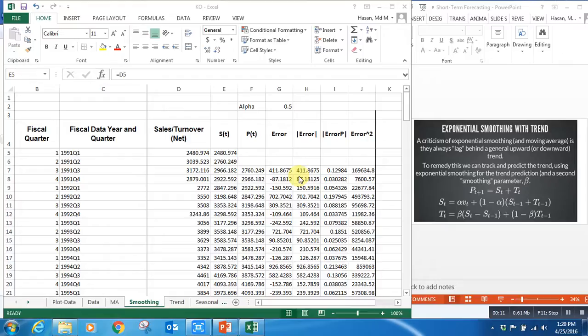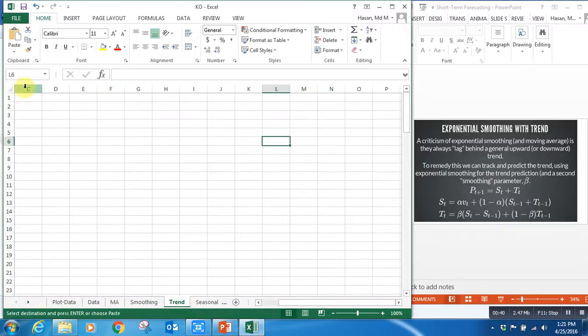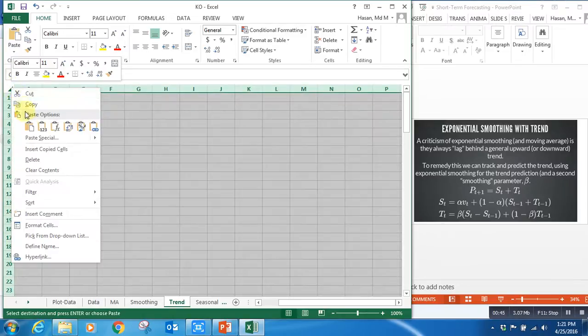In this video I'll show you how to do short-term forecasting with exponential smoothing with trend. In the last video we discussed what exponential smoothing with trend is. So here I am copying all these values to a new sheet, where I'll be working on the exponential smoothing with trend. So paste,